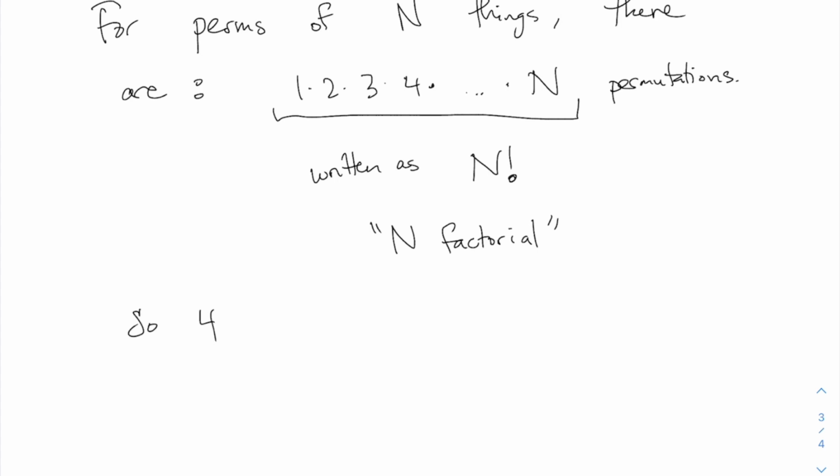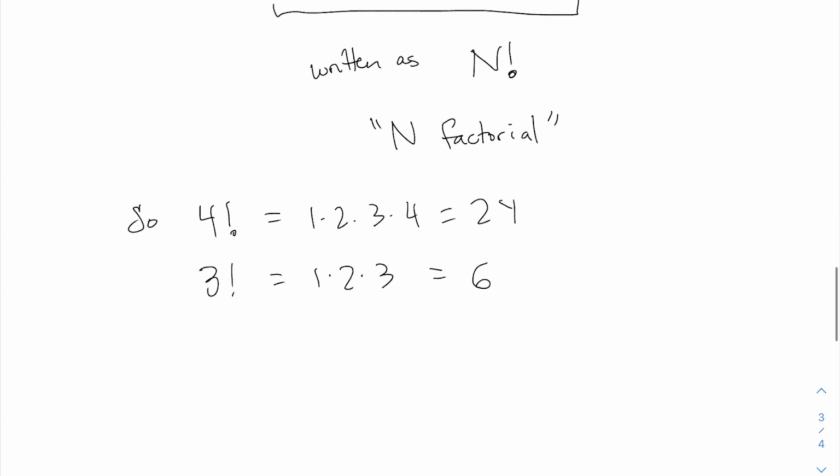So 4 factorial means 1 times 2 times 3 times 4, right? Which we just said before, that's 24. 3 factorial is 1 times 2 times 3, which is 6. That's why for three options, A, B, C, you get 6 of them, because 6 is 3 factorial. 5 factorial, if you ever had to do the Shapley-Shubik with 5 different options, is 120, which we will definitely never do. But these factorial numbers get super big really fast. I will just say n factorial is super big